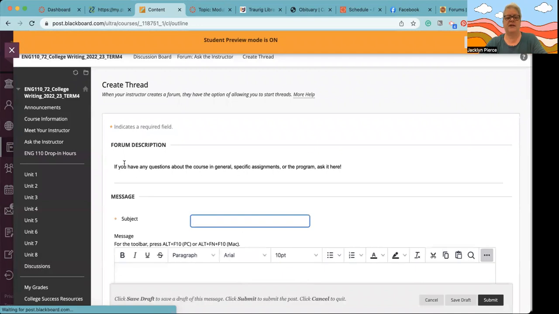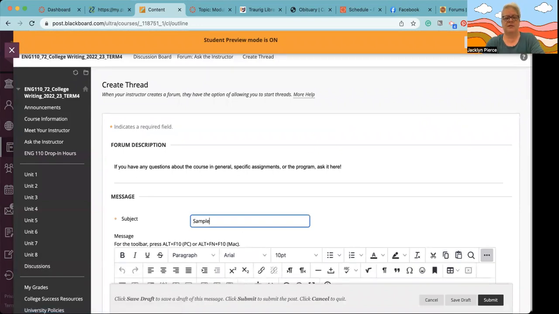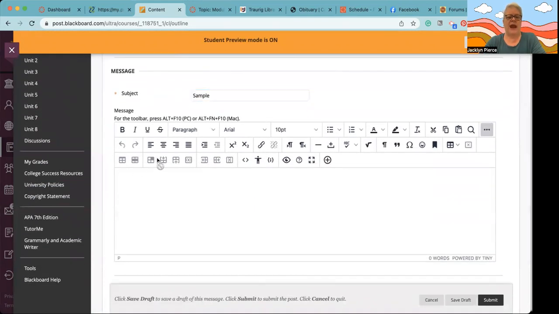You click on Create Thread, and I'm just going to make a sample here. So I would ask my question here below. You can make it as fancy or as unfancy as you want. You can change the font. You can do all kinds of wonderful things, but we're just going to use this board to ask questions that other learners might also have. That's the key here. And you can also subscribe